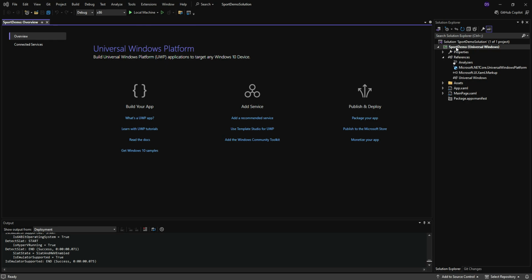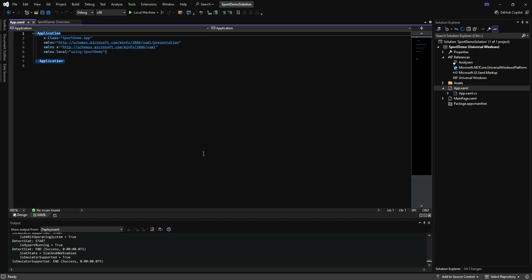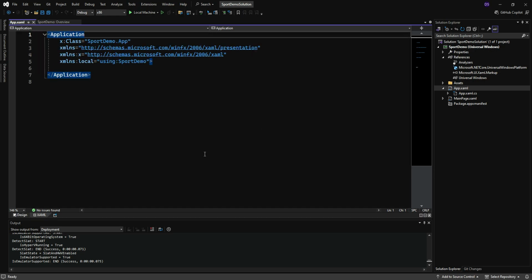So here we are, my Sport Demo Universal Windows application. So the first thing I thought I would do is we'll get that connection string in place. So here is our app object. Now, by the way, in the XAML of the app, this is where you'll often put things, as I mentioned, like styles and so on that you're going to apply to the look of the user interface. But in the code behind,